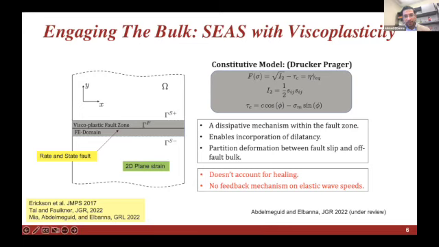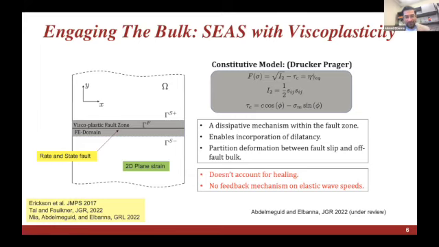And then the other important feature is that the yield surface, or the strength of the bulk, is parameterized by two parameters, a cohesion and an angle of internal friction. And importantly, the strength is pressure sensitive. And as I will show in the next slide, this actually is really important when looking at the evolution of seismicity and stresses.